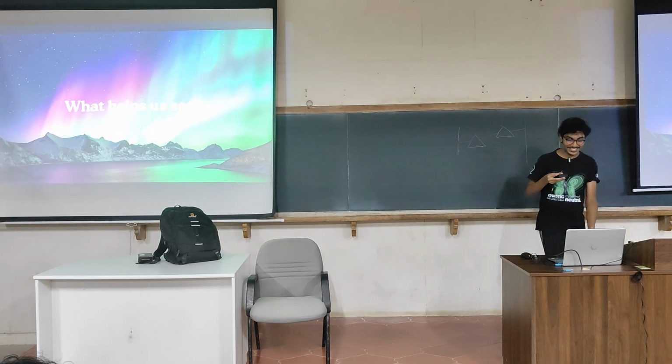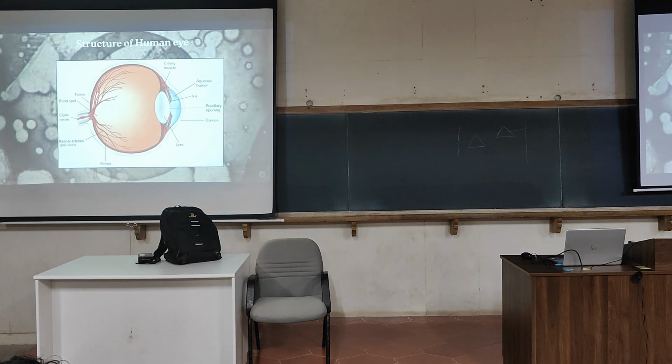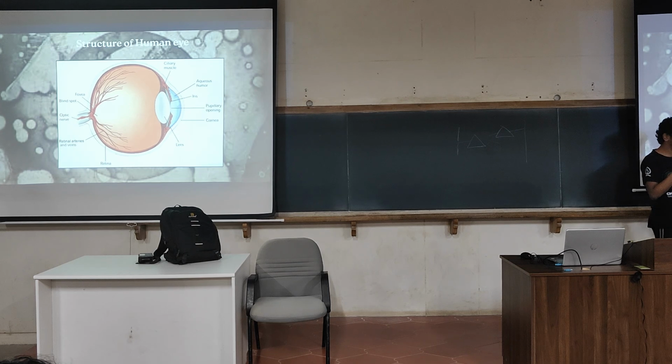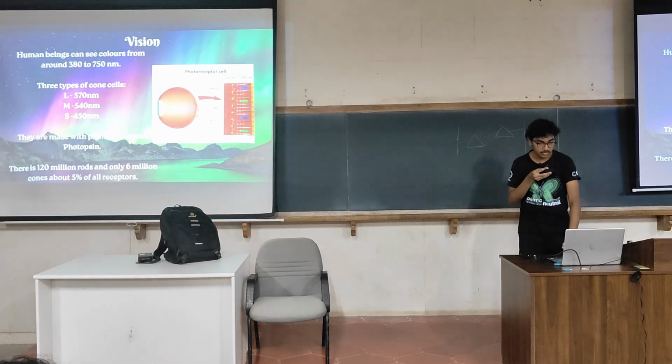Eyes. Yeah, eyes help us see, and this is the basic structure of the eye. The light enters the eye. This is the cornea, this is the iris, this is the pupil, this is the lens, and the lens focuses the image on the fovea, the retina, especially the fovea, where there is a higher concentration of optical receptors, and this is the optic nerve which enters the eye. Where the optic nerve enters the eye, there are no receptors, forming a blind spot, and in the fovea we have a larger concentration of optical receptors, so we have a clear vision when the image is focused at the fovea. So let us look at the types of optical receptors.